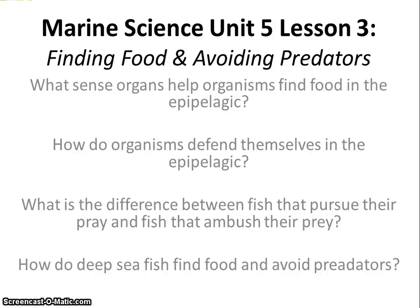Last but not least, deep sea fish. What sense organs do they have? They have large eyes with expandable stomachs. They have secondary retinas in their eyes, which helps expand their field. They have bioluminescence, either near their eyes or their mouth, which helps them draw in prey, or they have the ability to turn their entire bodies bright for a second or squirt out bioluminescent glue, which allows them to distract possible predators. So that's it for finding food and avoiding predators in the epipelagic as well as in the deep